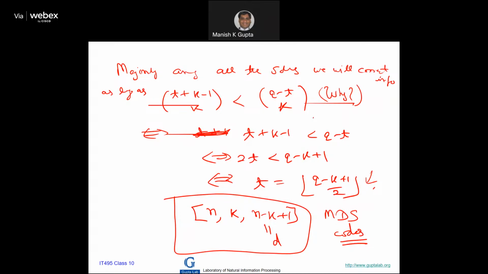Hamming code is a cyclic code, and there is a way to generalize Hamming code into BCH code. And Reed-Solomon code turns out to be a special case of BCH code. So we no longer require this kind of construction. We can directly construct using a generator polynomial. So I'll just mention to you